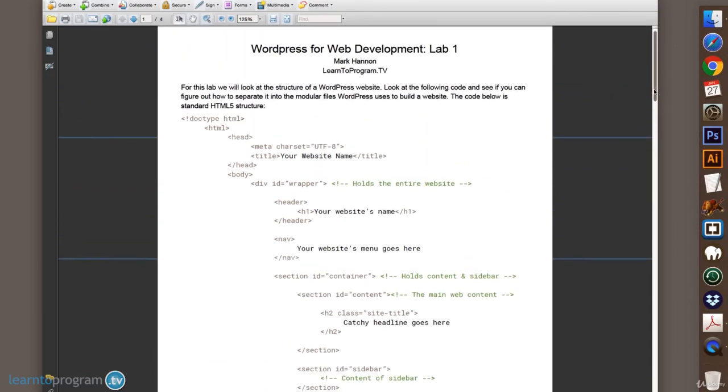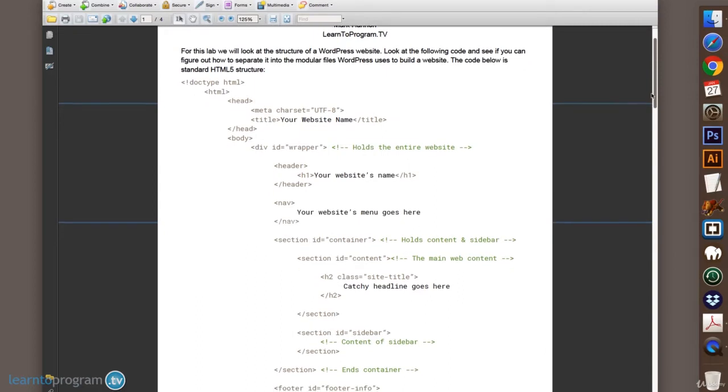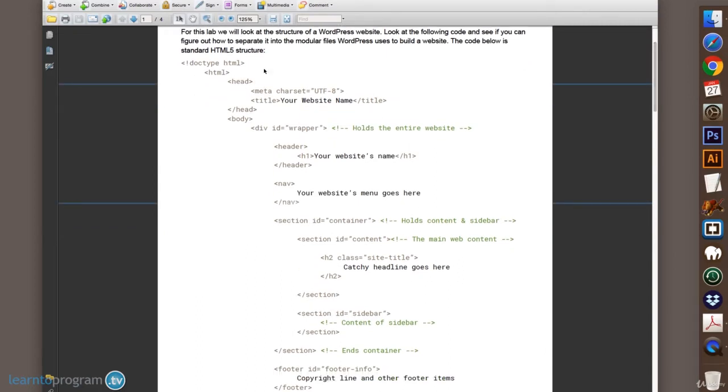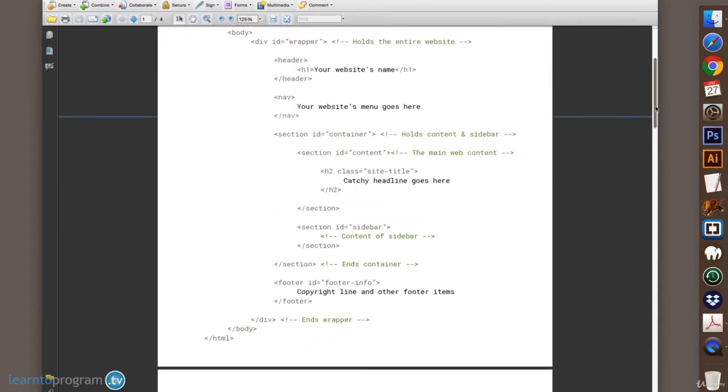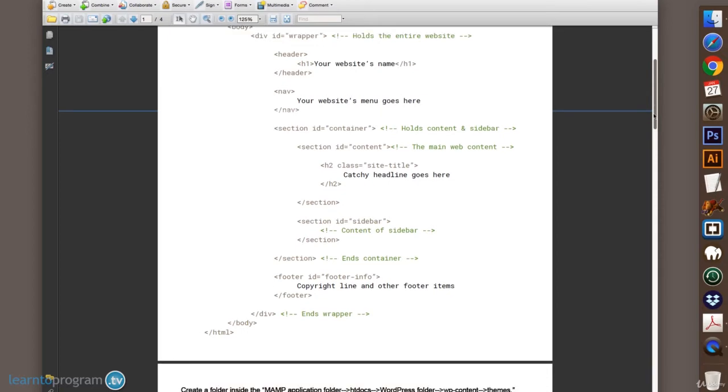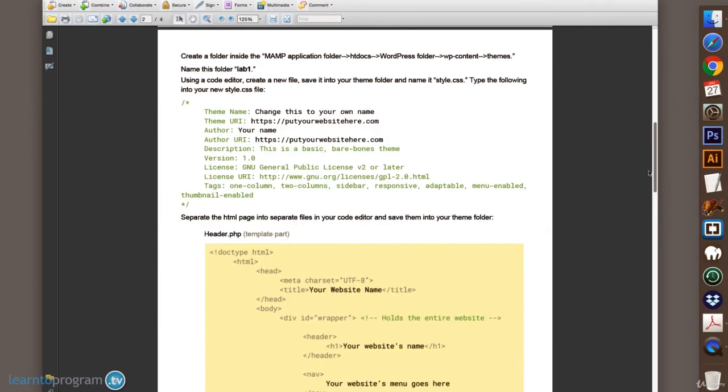modular structure? We have our doc type as the beginning, our head, body, the header, the nav, the containers, all of these parts here. So how are we going to put this together in a way that WordPress can work with it? So what we're going to do, if you want to put this into another theme folder, you can